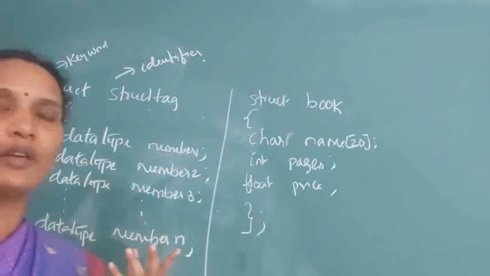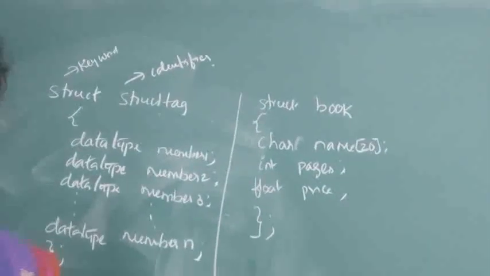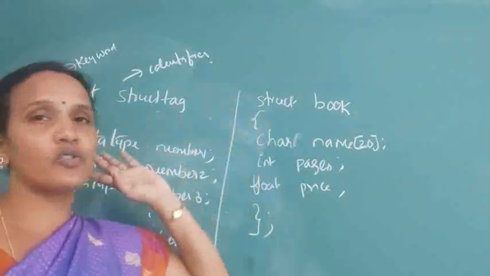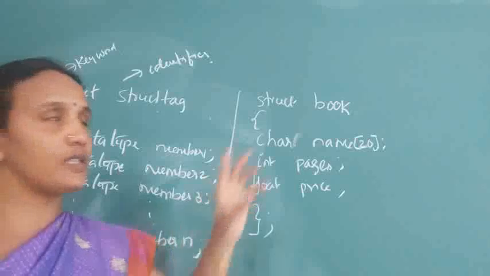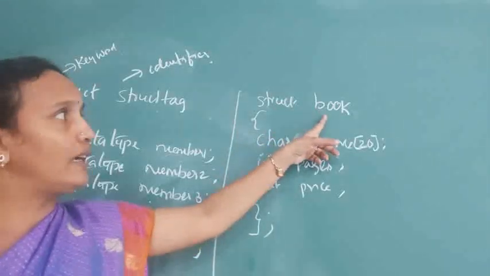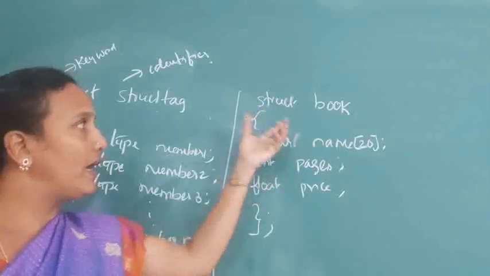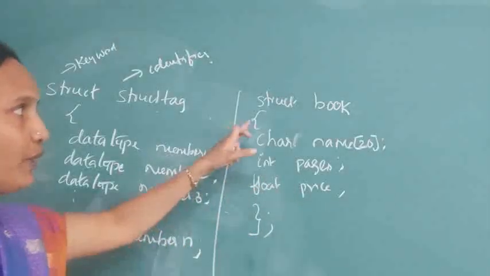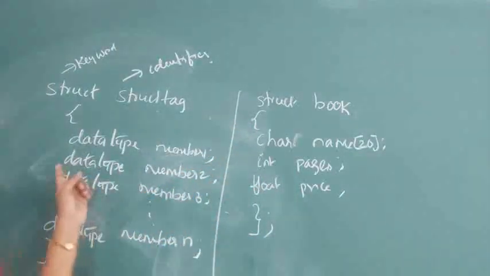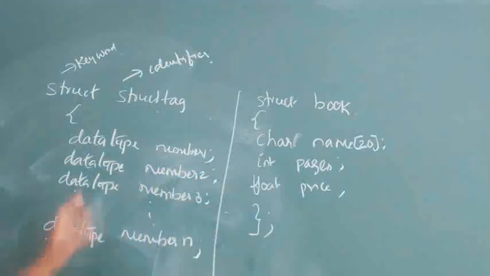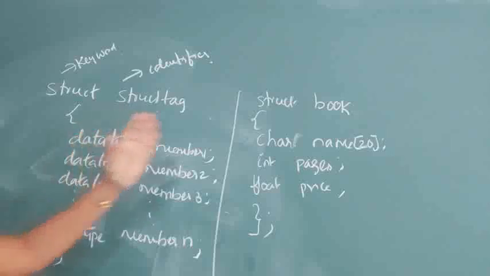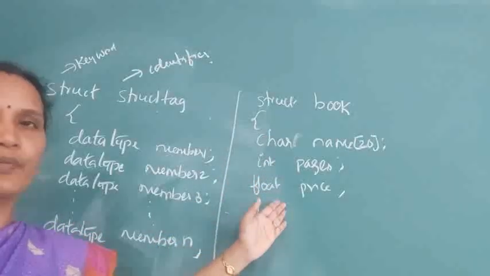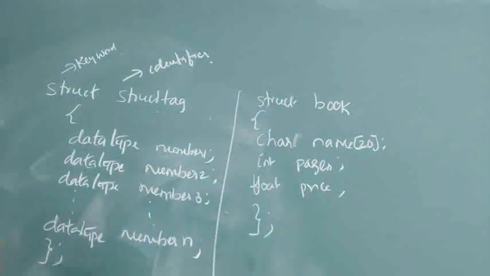Like this you can store n number of members in one structure. In one record, whatever information you need, you can store in a structure. The only thing you need to remember is it should start with a structure tag, and it is an identifier. You can give any name. And whatever members you want in that particular record should be between opening and closing braces. So you compare this syntax and example. 3 members I have given, actually n number. If you want more elements, you can give more elements here. So you take a screenshot of this.